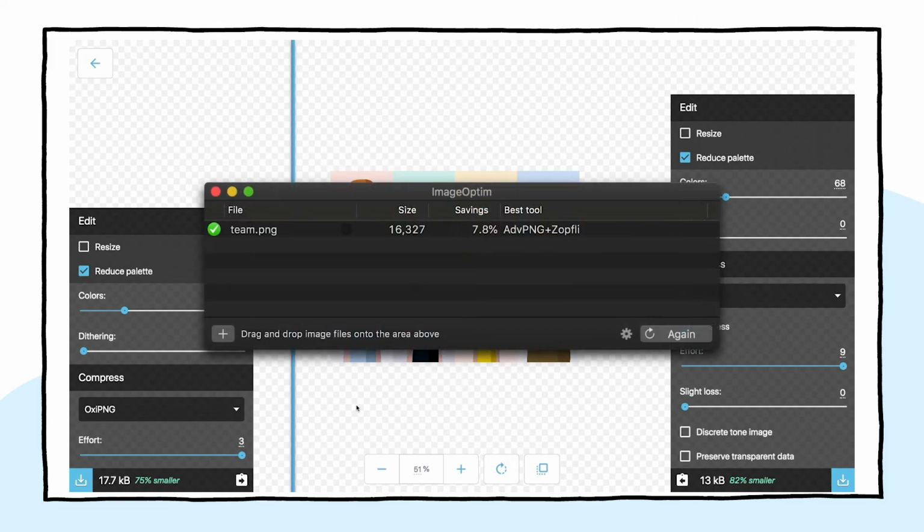Pretty good, it's close. And I would give a shout out to ImageOptim, which ships with OxyPNG, but also lots of other PNG compressors that we would like to add to Squoosh at some point, but we haven't yet. And it brings the file size down even more. In fact, it's only 3K off the WebP. So in this case, I would probably not bother.